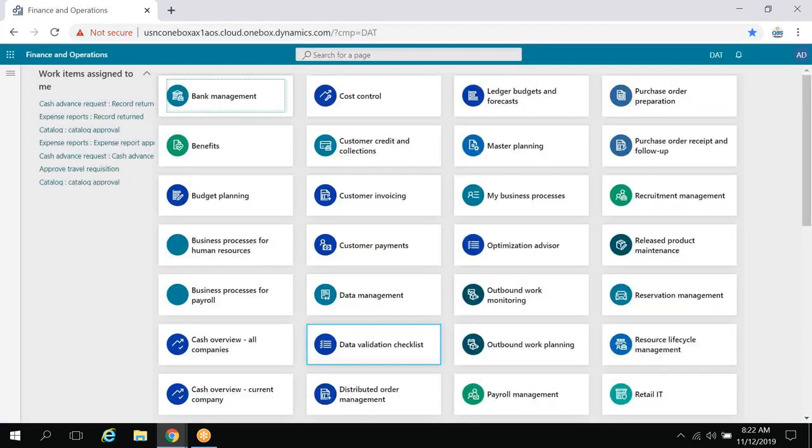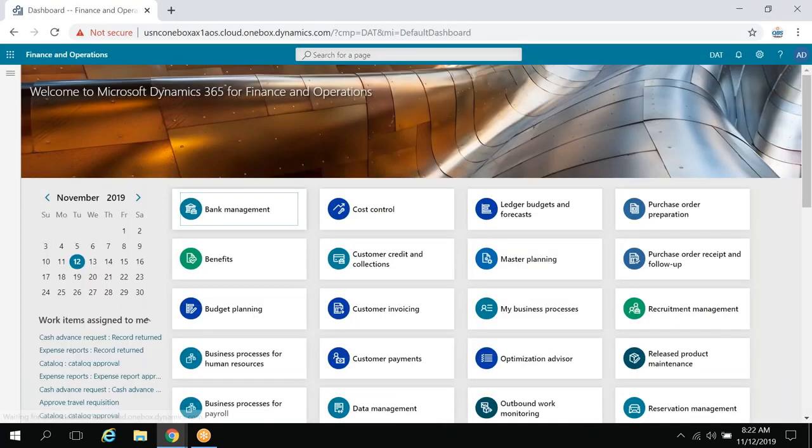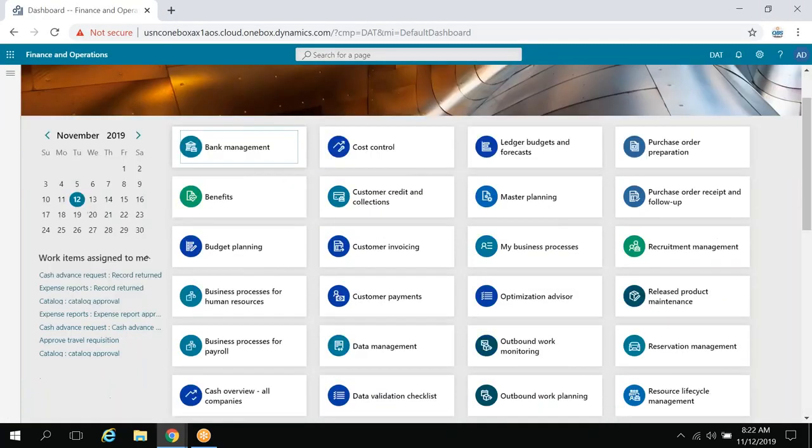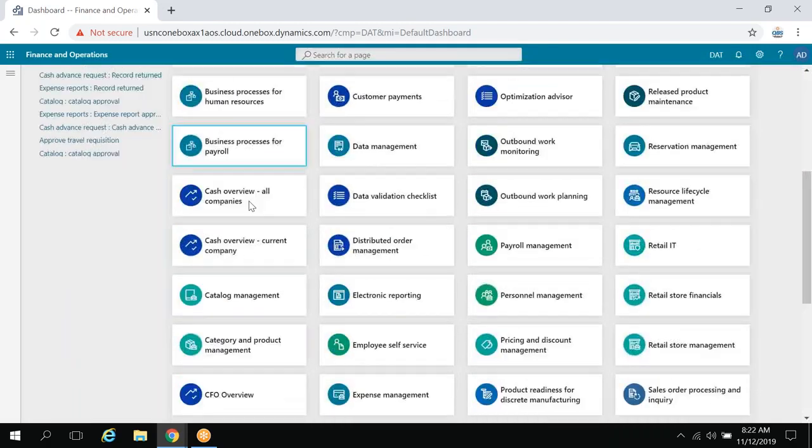If you click on it, it automatically opens the user interface of 2012. But the user interface has been migrated to a completely browser-based application, so whatever you want to see will be available in the user interface through the browser itself.